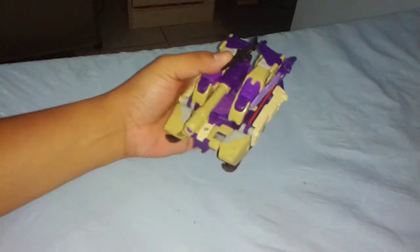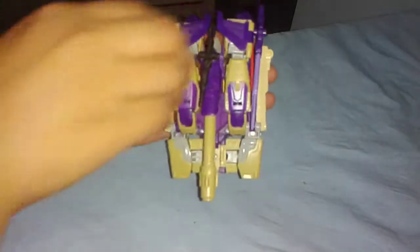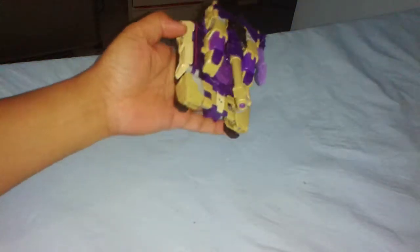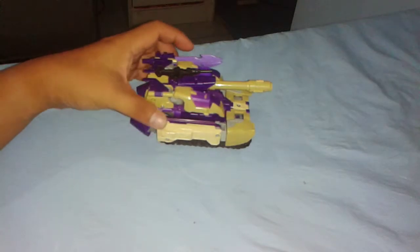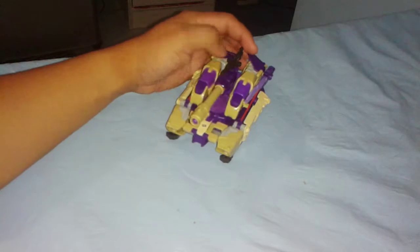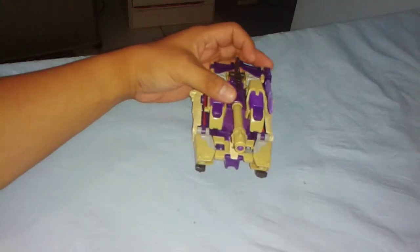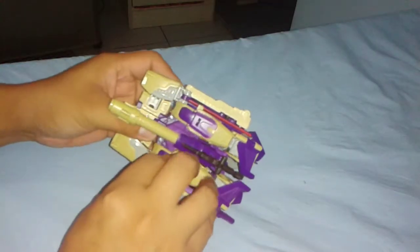This time we are featuring the Transformers 30th anniversary Blitzwing, Voyager class. Okay, so practically once again, one of my favorites. I want to present you first the tank mode, which is practically the best mode that Blitzwing has for this presentation, because in tank mode everything is well pegged, and